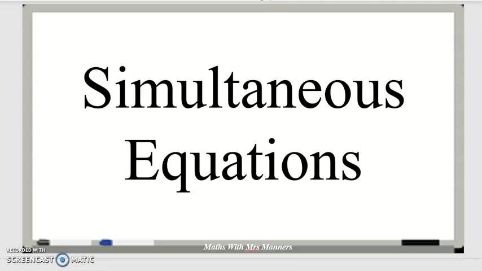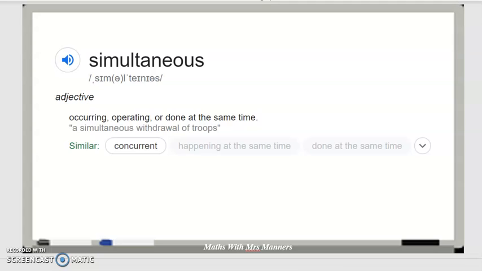This video will be the first video for the topic of simultaneous equations. And before we start looking at simultaneous equations, it's probably a good idea to discuss what the word simultaneous means. So I just looked it up on Google and it had a couple of definitions, but the one I like the most would probably be happening at the same time or done at the same time, or really the words